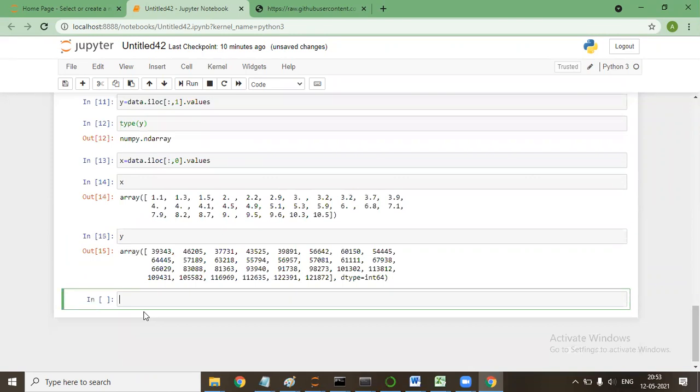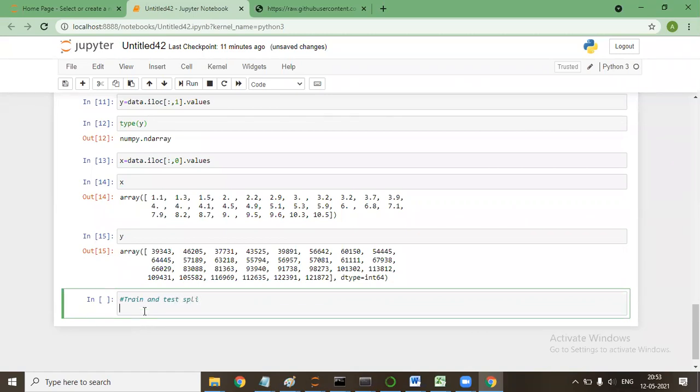Okay, now I'll say from. Now the next thing we need to do is divide this data into train and test, the thing that we have seen yesterday. So now it comes to train and test split. What is the benefit of train and test split? On train, we will develop the model, and on test, we'll test the model. Are you guys with me?